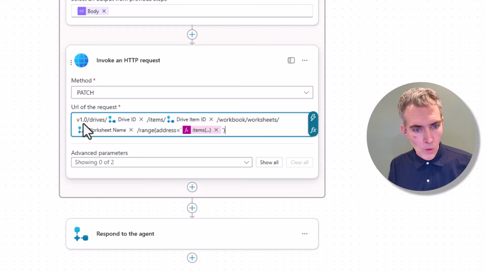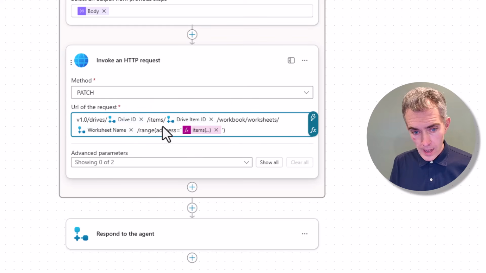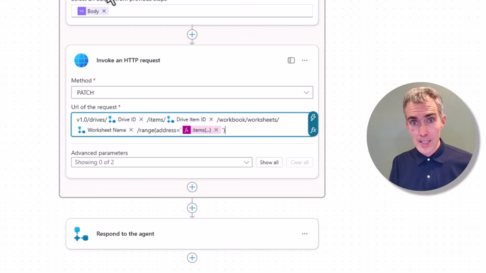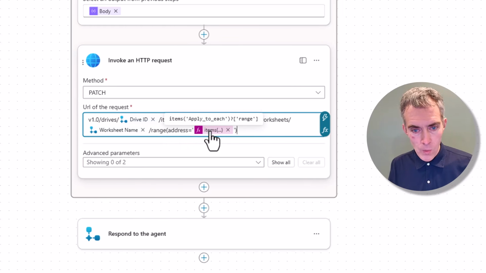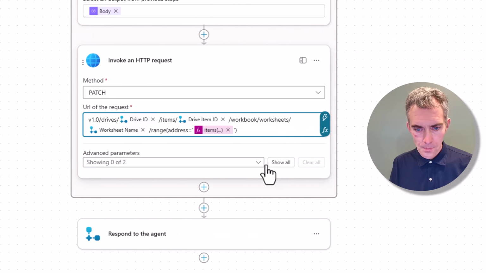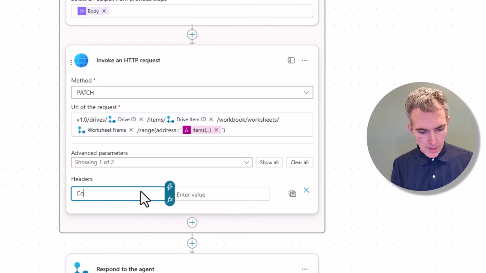So we want to use v1.0 drives, and then the drive ID, that's the unique identifier of the drive. Then we want to do items, drive item ID, right? That's the unique identifier of the ID. Workbook, worksheets, worksheet name, that's the tab of our worksheet, and then we give the cell address that we want to update. So if I click on this value, you can see it's items apply to each question mark range. Then we want to add some headers here,